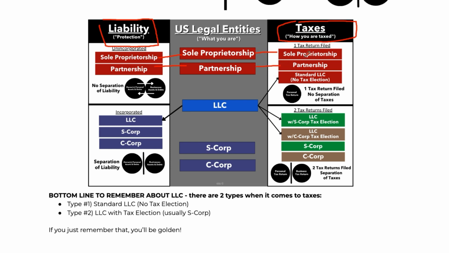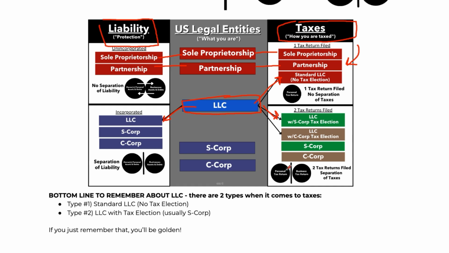Now, same thing, but an LLC, for the purposes of liability, is on the corporation side. But for the purposes of taxes, it could either be on the one tax return file side, or it could be on the two tax return file side, in which there are different pros and cons on the tax return. So bottom line, what is the summary of all of this? What is it that you got to know so we can move on to the next section and blow your brain a little more?